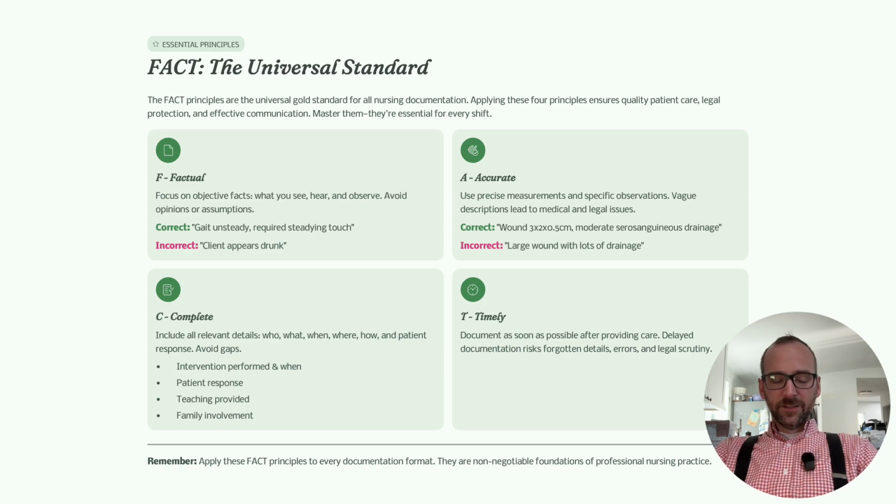Versus saying, you measure it with centimeters, versus the inaccurate would be, it's a large wound, there's a lot of drainage. How do I measure that? How do I know if that's changed over time? Is it healing? Is it getting better? That kind of thing. You want complete documentation, so you include the who, what, when, where, why, and how, all